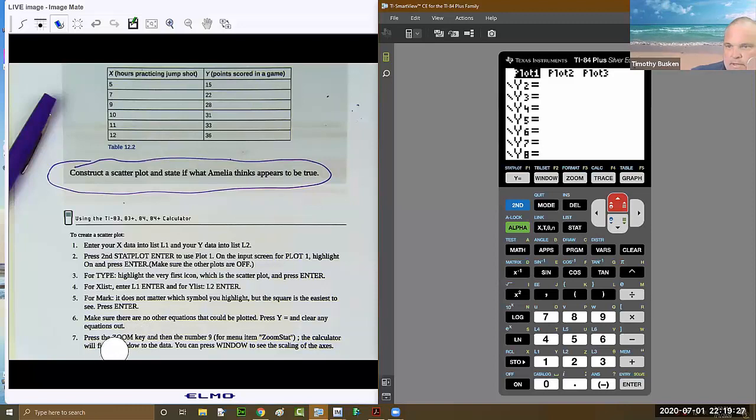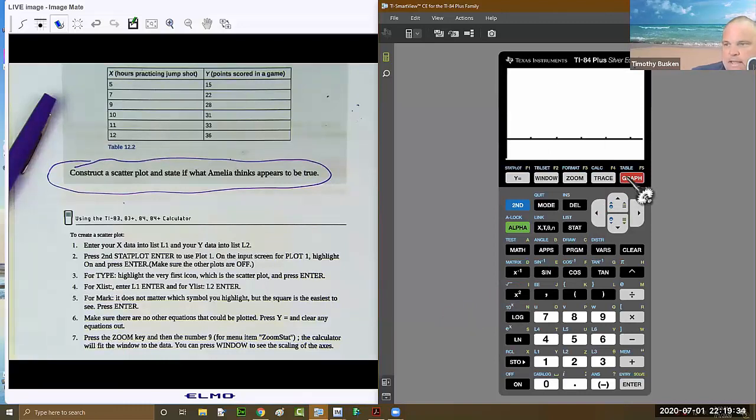Well, it doesn't tell you down here to press the graph button, but I'm ready to press the graph button. I don't see anything, but that's okay. I'm going to press zoom 9, right? You're going to press the zoom key and then 9 for zoom stat, and the calculator will fit the window to the data. So I'm pressing zoom 9,